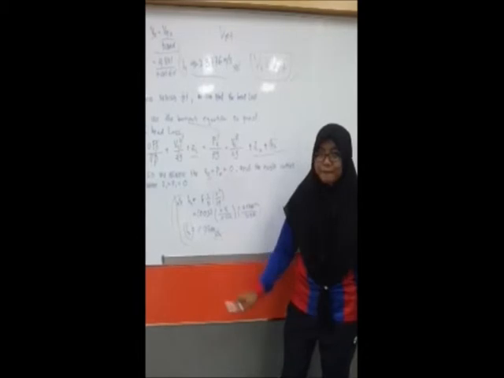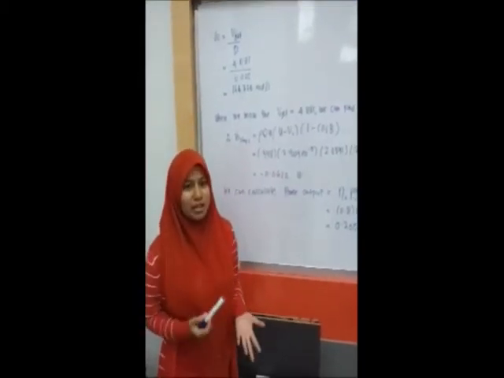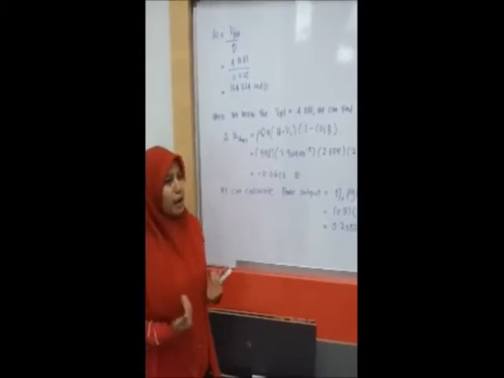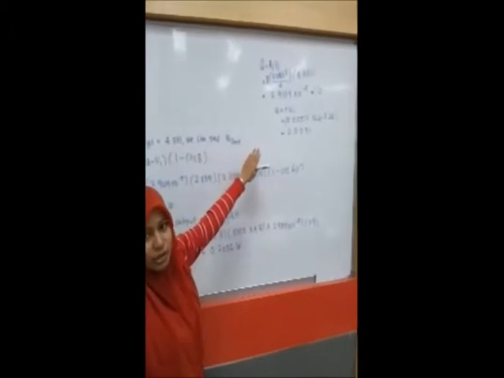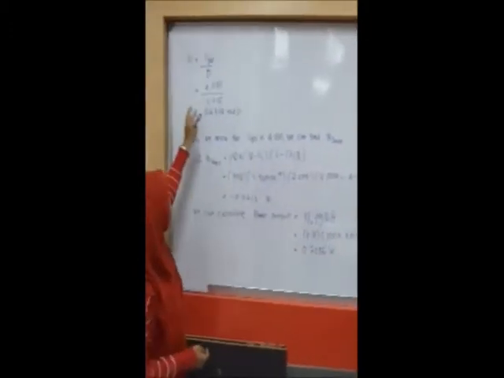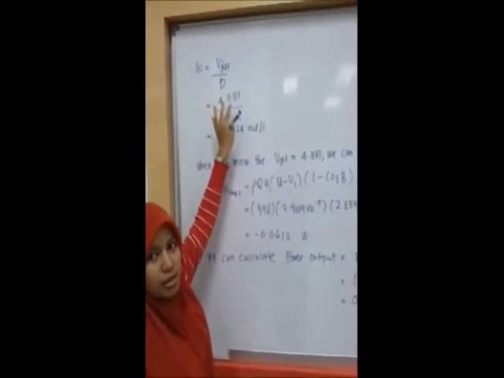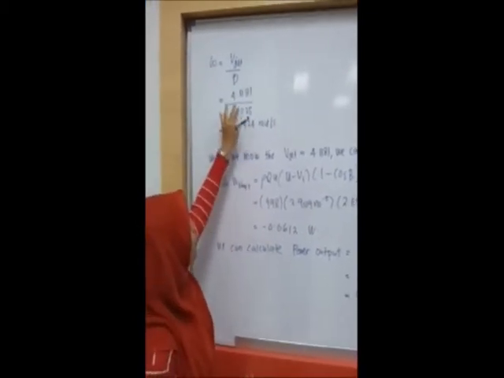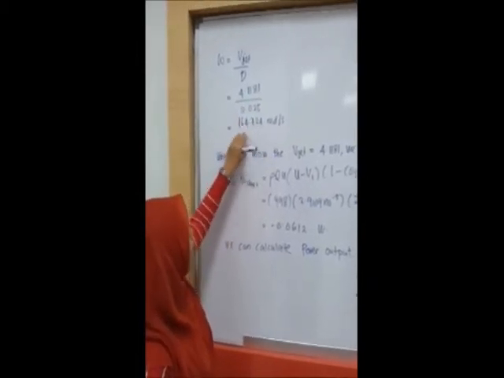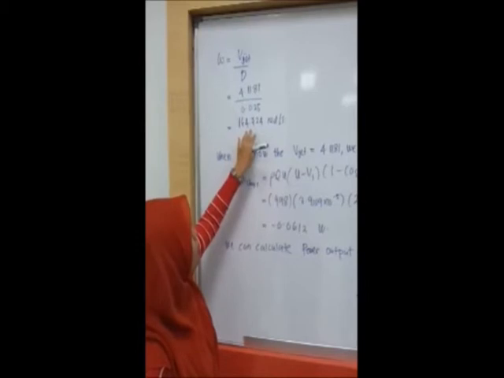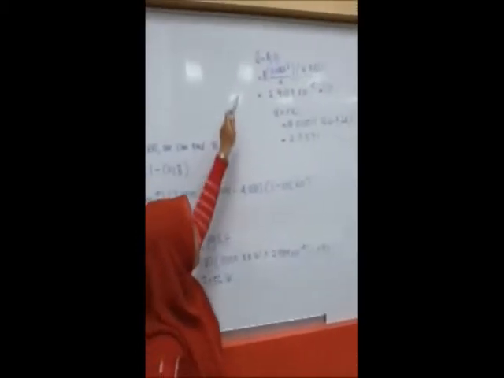Thank you. Okay, Assalamualaikum. I will continue the presentation about the calculation for our project. In my part, I will present the omega, flow rate, and internal velocity. For omega, we use the formula Vj over R, where D is the diameter of the wheel. So we substitute the value 4.1181 divided by 0.025, and we got the answer 164.725 radian per second.